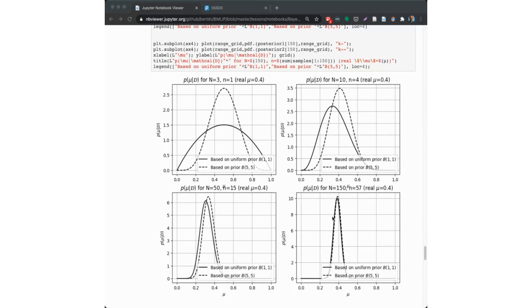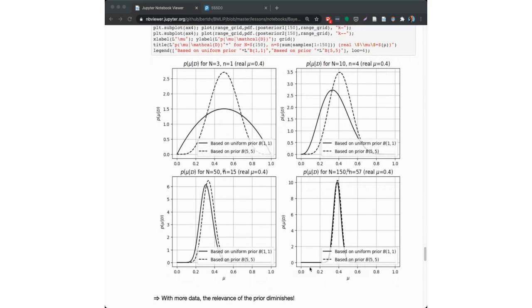I'm going closer and closer to 0.4. So yes, maximum likelihood estimation will get closer and closer to the real underlying value. But what you never get from a maximum likelihood estimate is this uncertainty. So in a sense, you never know how much uncertainty there is. If I see this posterior here, I can say my mean is 0.39, but I also have high confidence because I see this curve. But if I just do maximum likelihood, I can say my maximum likelihood estimate is 0.39.